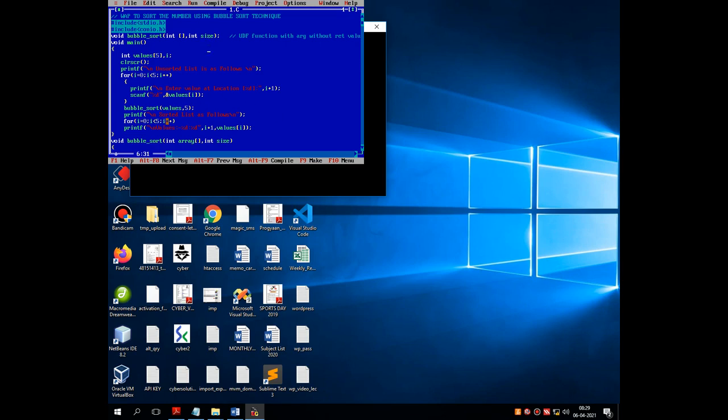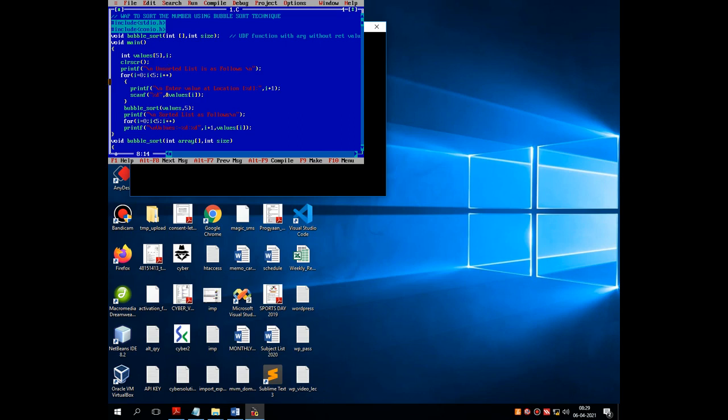So whatever the array I have declared over here, I have to give the size of array. So the first variable which I have implemented is integer values in bracket 5 comma I. So there is a declaration of two variables that is called as I and values.